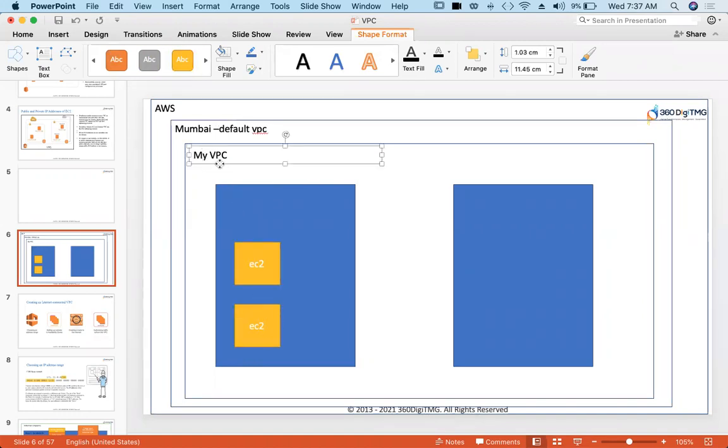And this is my subnet 1. This is subnet 2.